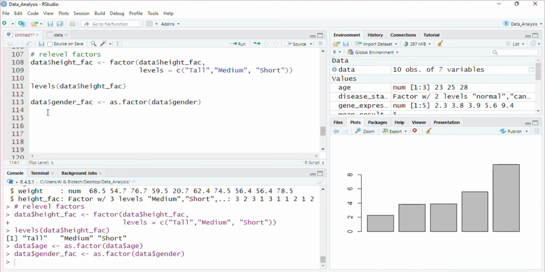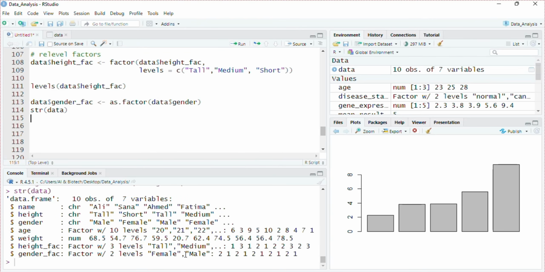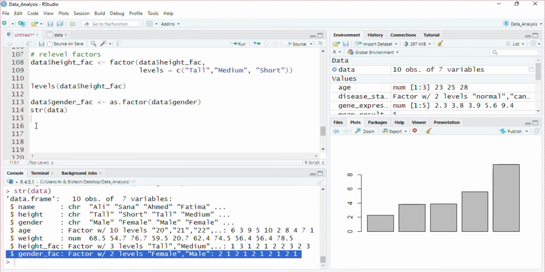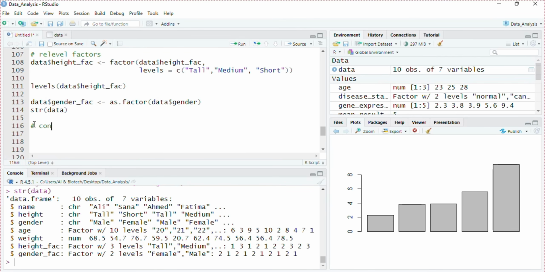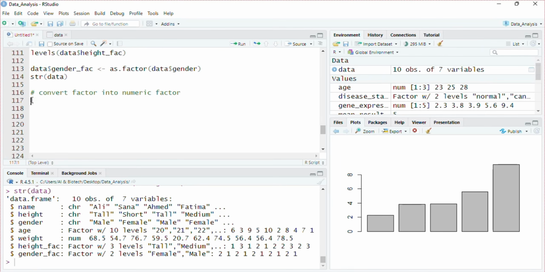Convert the character factor into a numeric factor. To do so, data gender numeric, but it's a numeric factor, not numeric numbers. Here we use an if else statement, ifelse, data with column gender factor, if equals to what?